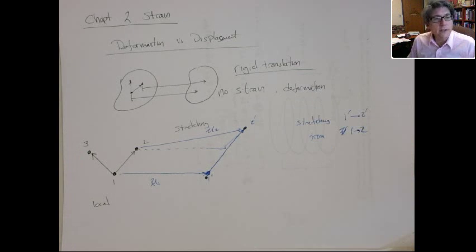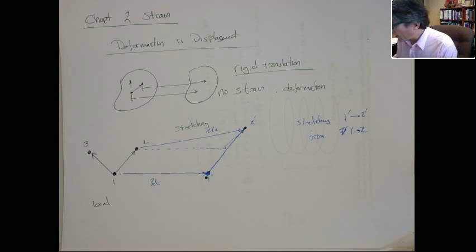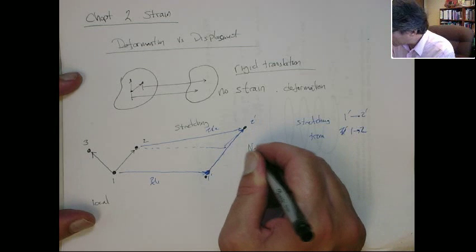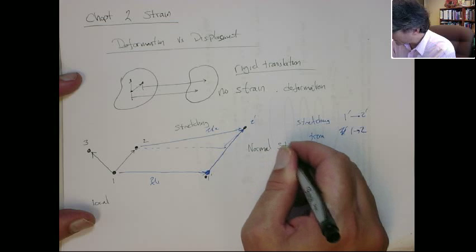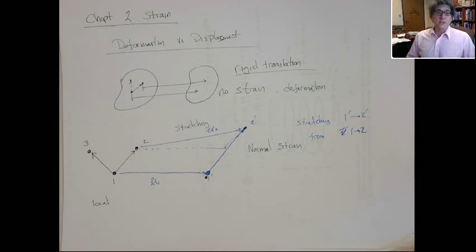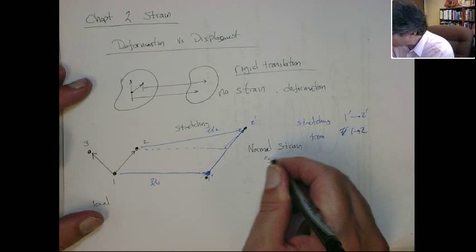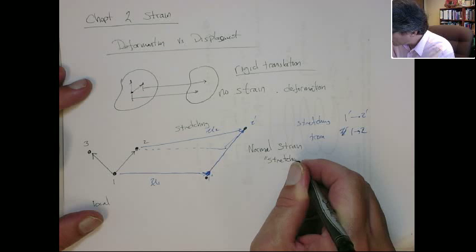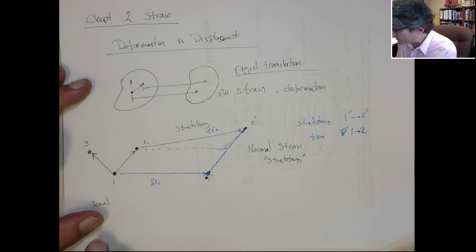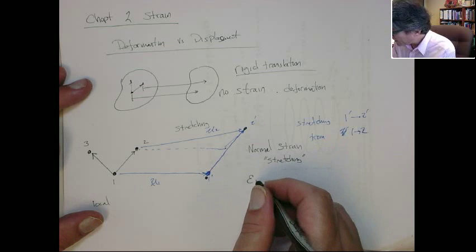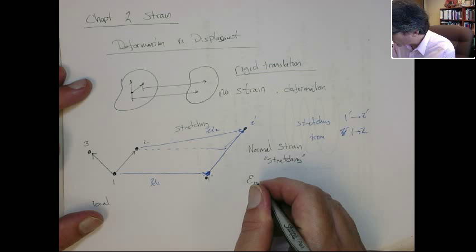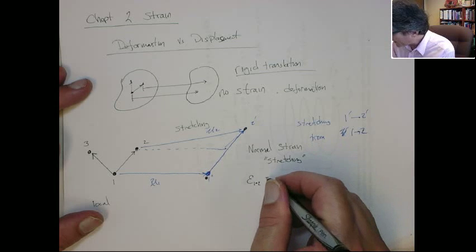Now that's one type of deformation we want to capture, and that is what we're going to refer to as normal strain. That's the one that's associated with normal stresses. We'll have a shear strain, as you can imagine, just like we had shear stresses, but it's associated with stretching. And the mathematical definition of this normal strain, from segment 1 to 2, is